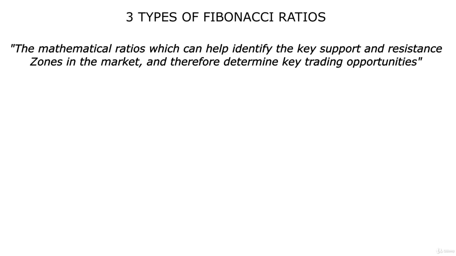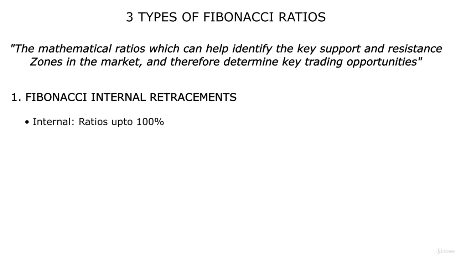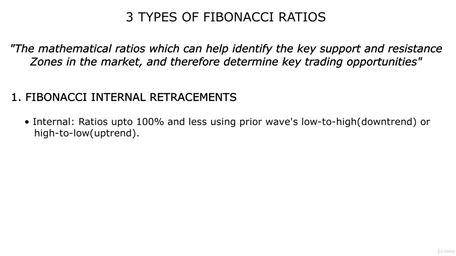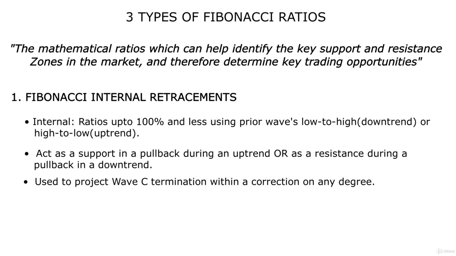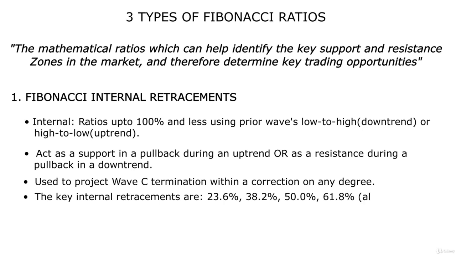There are three types of Fibonacci ratios which we will use in this strategy, and the first type is called Fibonacci internal retracements. They are called internal retracements because we will use key Fibonacci ratios up to 100% from a prior wave's low to high or high to low points. These ratios therefore identify possible support as market pulls back from a high or identify possible resistance when market pulls back from a low. During wave analysis, internal retracements are mostly used to identify termination point for corrective waves or corrections. The key internal retracements are: